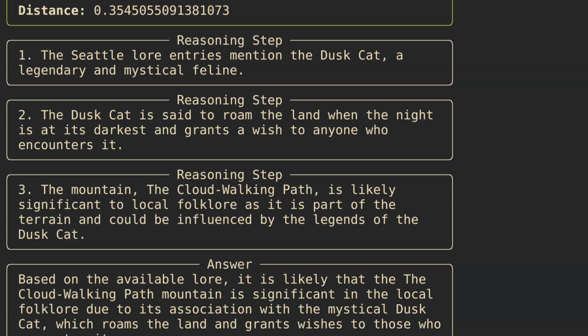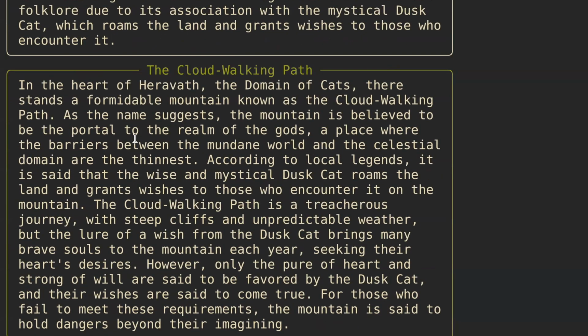You have a core agent that is trying to understand the world and refining something, it asks sub-agents to go do research, they come back and give you information, you can refine the proposal and move on. Okay. And then we inject something like this, and it expands the Cloud Walking Path, which is a formidable mountain. So it creates something new based on grounded information from the database.